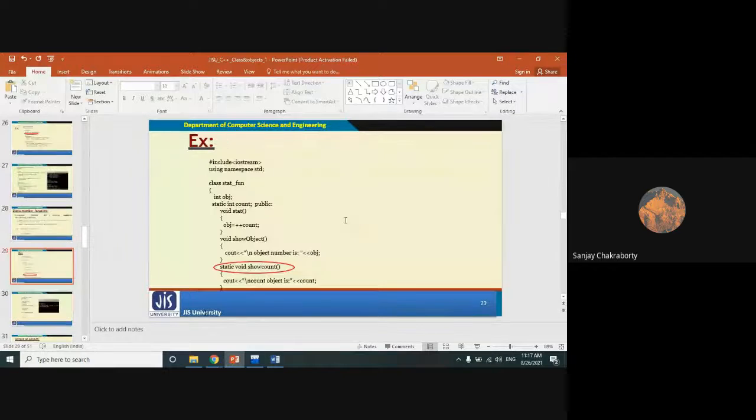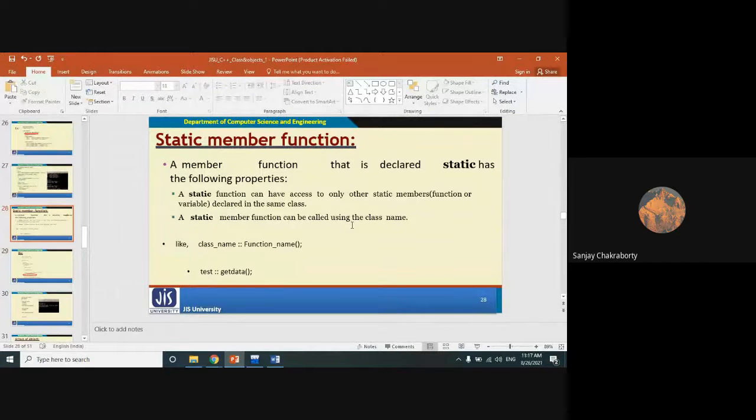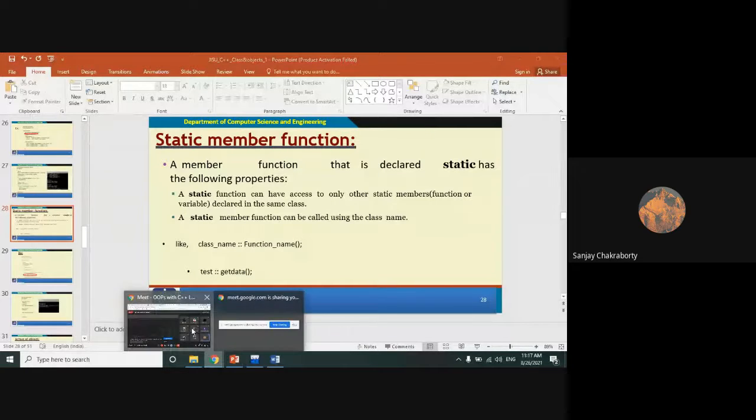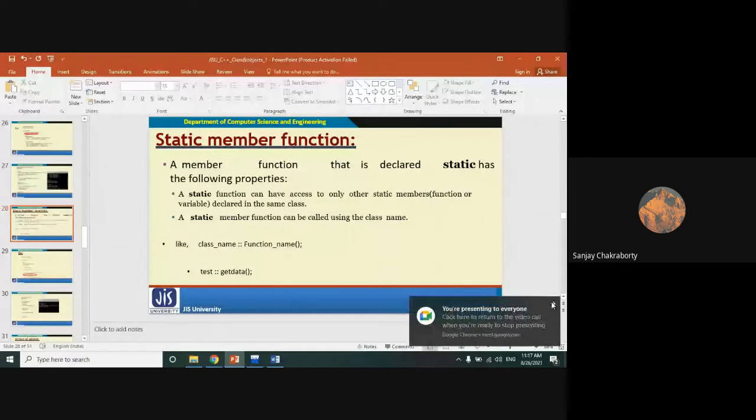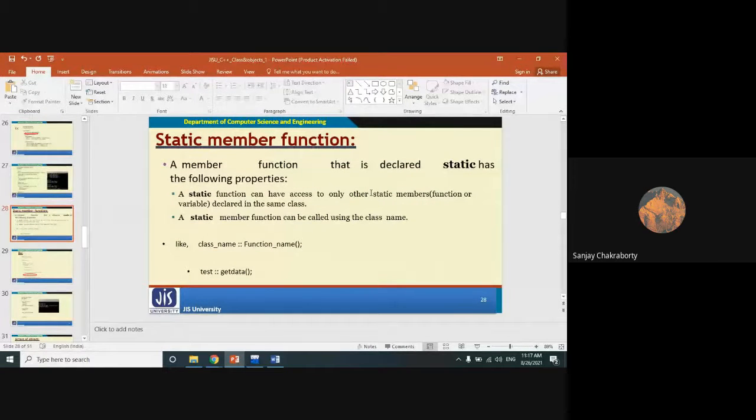You have understood the use of static member functions. Okay. So if we are going to access a static member function, you don't need to create an object to access that static member function. Okay, you can directly access the static member function with the help of the class name. Okay, so what is the advantage of using static member function? That means you don't need to create an object. That's why you don't need to occupy any memory space for that particular object. You can directly access that static member function with the help of the class name in such a way. This is the way of accessing it.